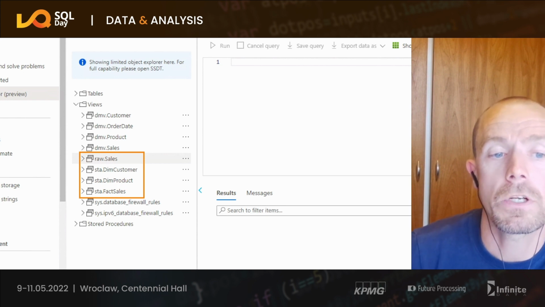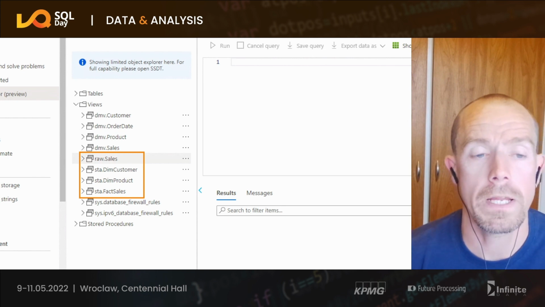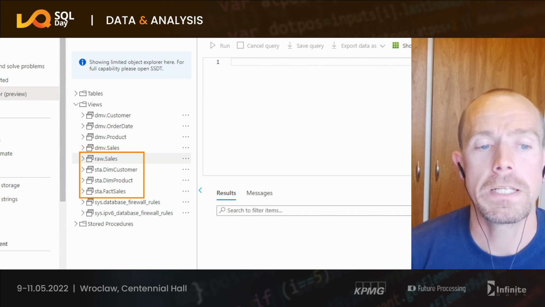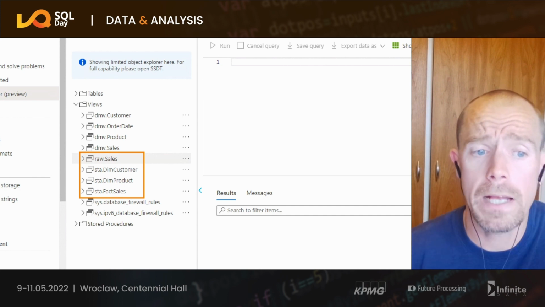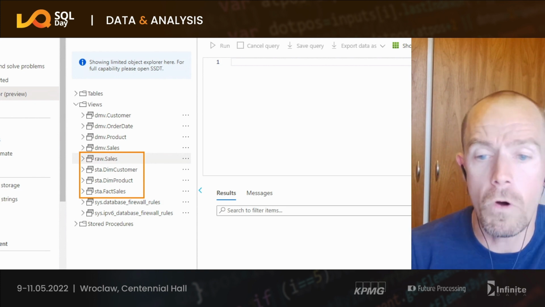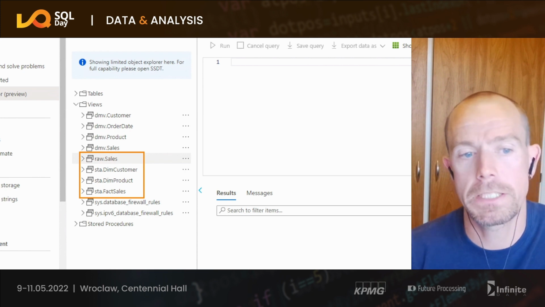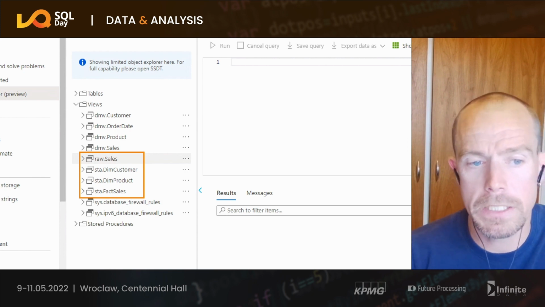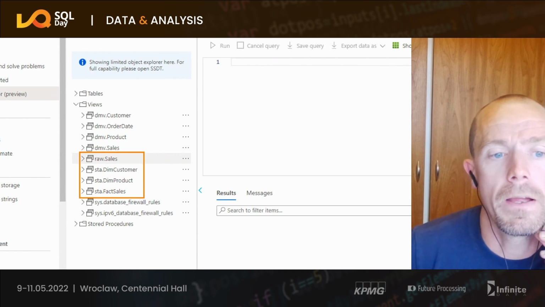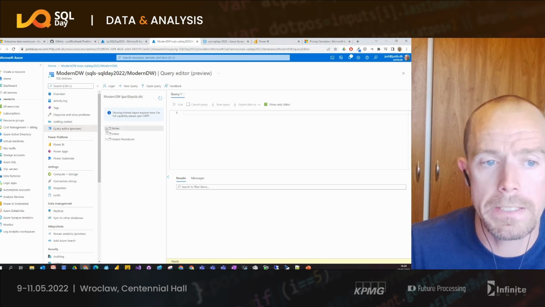You can see there are 3 of them in the staging layer and 1 in the raw layer. The principle here is that we take what is in this view and place it in the next layer. So what is in the raw sales will then be a physical layer in the stage sales. What is in the stage layer here will be physical tables in the baseline layer. So going in and looking at the tables,